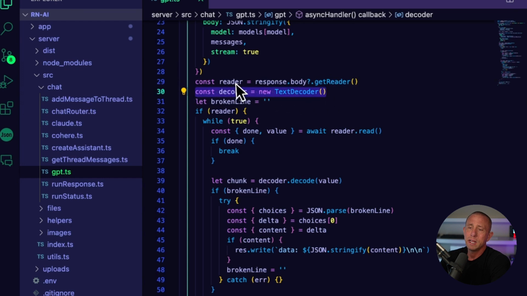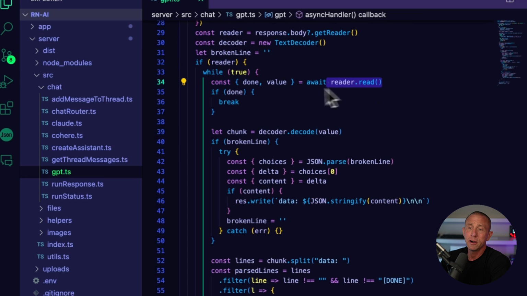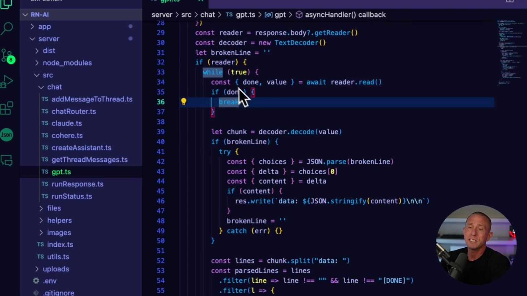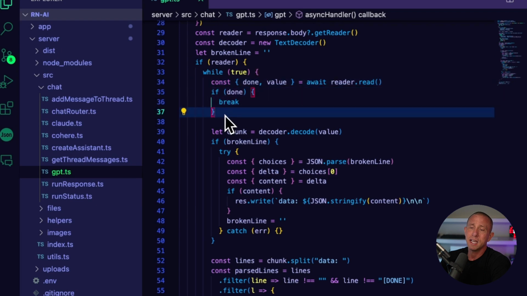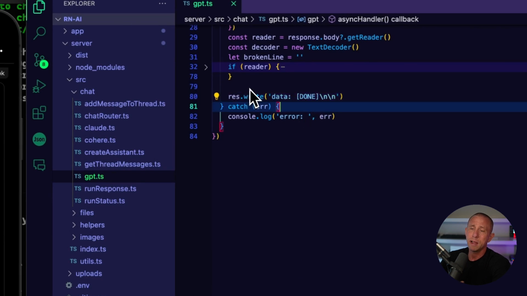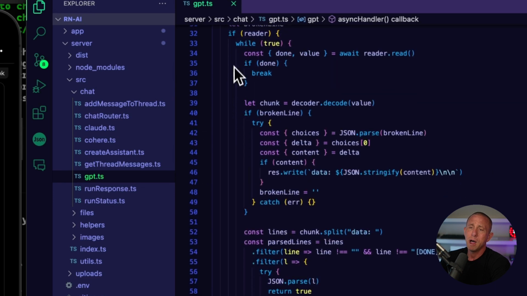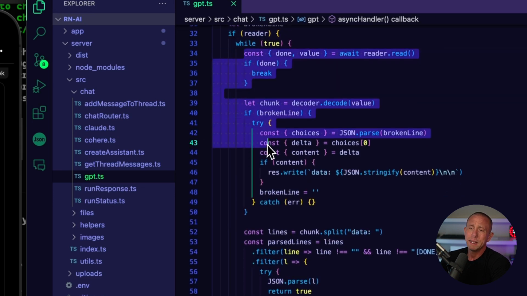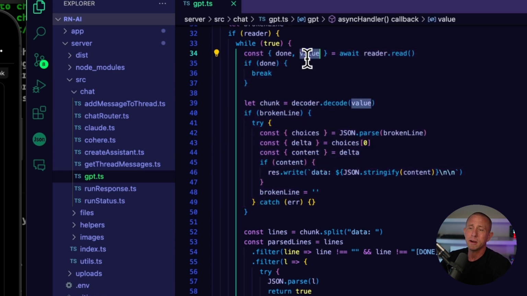And then we use the reader and check to see if reader.read essentially returns a response. If it does, then we do this stuff. If it doesn't, meaning it's done, we break out of this, and then we response.write done. And this on the client will close the connection. So the connection will be open at this point. And while this is true, we're going to be breaking down this response that's coming in from the value here,